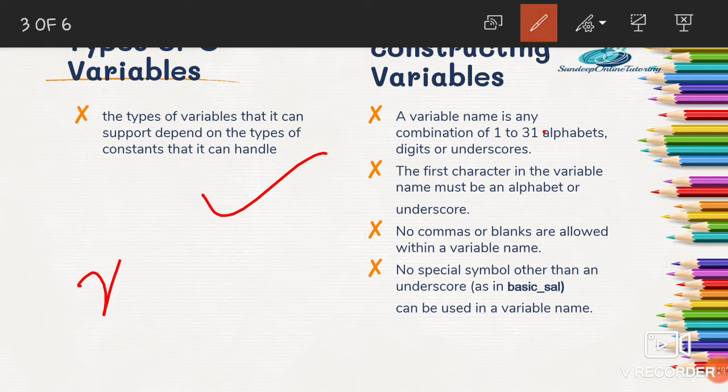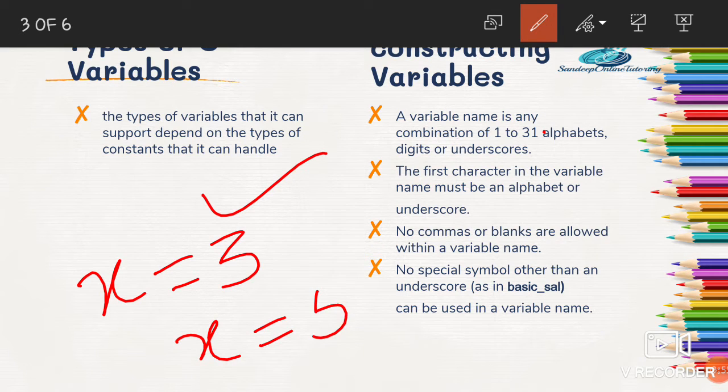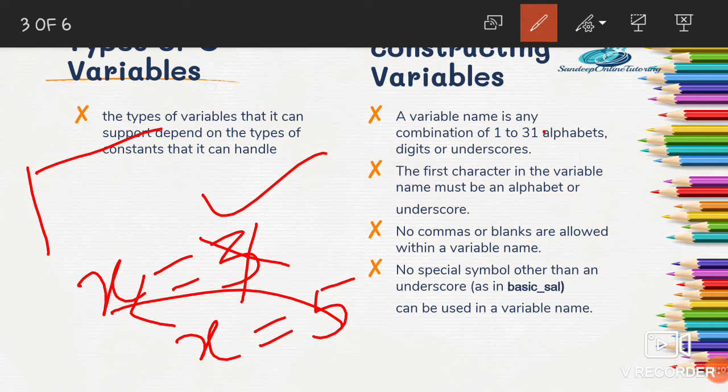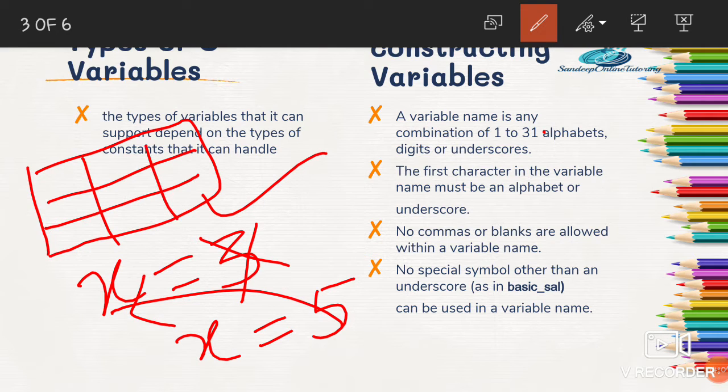Let's suppose initially we have x equal to 3, but later on if I assign the value 5 to variable x, then this 3 will not be present in x. So let's suppose this is the memory of a computer system.